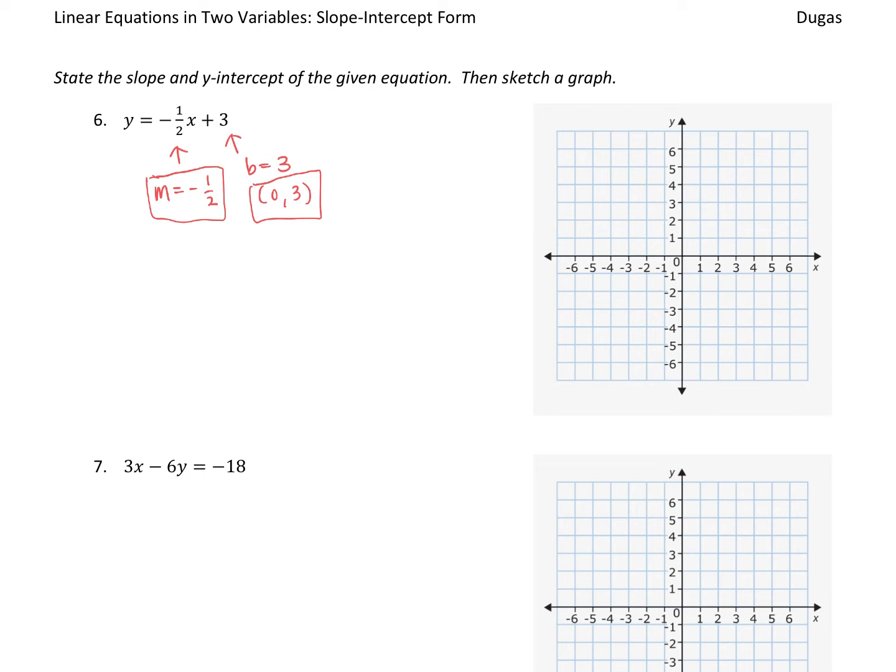Very easy to sketch a graph when you know the y-intercept and the slope. You start by graphing the y-intercept. (0, 3) is the y-intercept. You graph the y-intercept first, and then you use the slope to count to find your next point. So -1/2,